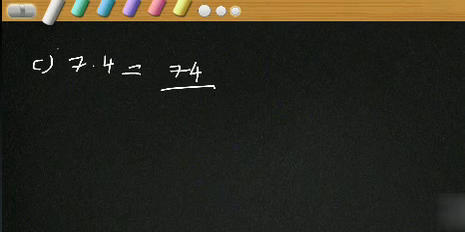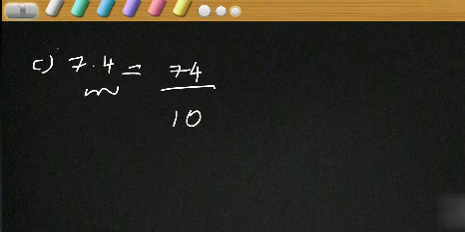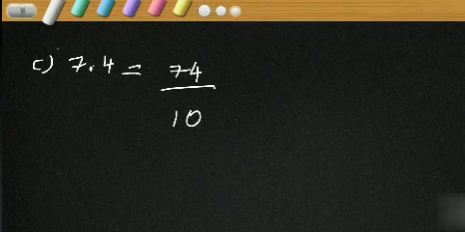How many zeros in the denominator? How many decimal places are here? Only one decimal place. That means in the denominator we have to write 10. 10 as the denominator. Now, can we stop here? Is there any common factor? As I have told earlier, you should try to find this in your mind by applying your logic.